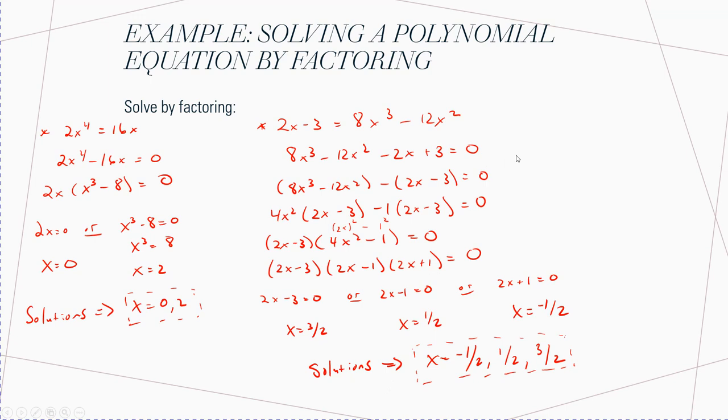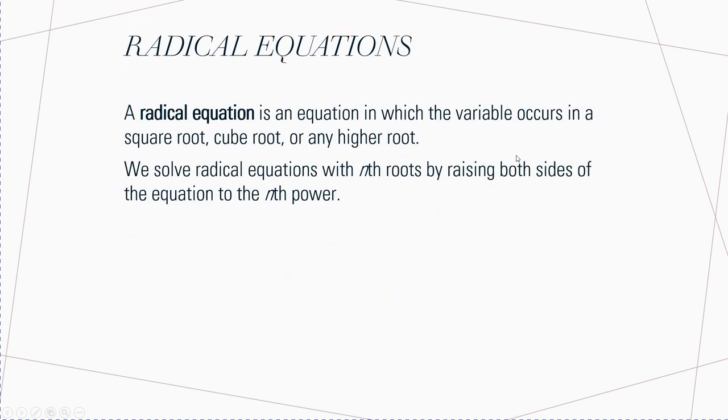All right, let's move on to a different type of equation. So let's talk about a radical equation. A radical equation is an equation in which the variable occurs in a square root, cube root, or any higher root. We solve radical equations with nth roots by raising both sides of the equation to the nth power. Generally I'm going to work with square roots here, but if you had a problem with the third root, you could just raise it to the third power. Like for example, if you had something like the third root of x minus 1 is